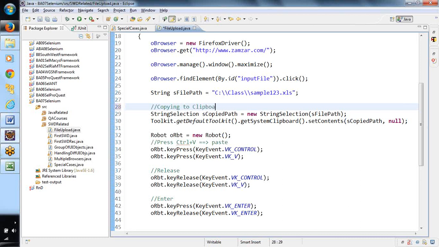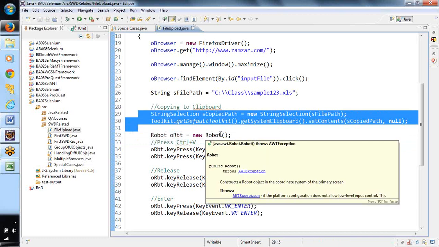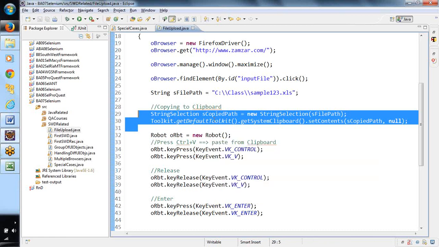Again, what is meant by clipboard? In the sense, it's an operating system temporary storage where our data is going to be saved. Again, when we say Control V, it is going to paste from the clipboard. Here we are writing this logic. What I'm saying is, if you have a pure Java application, whenever you perform any operation like this, in the background of your application, it is going to generate these two lines.